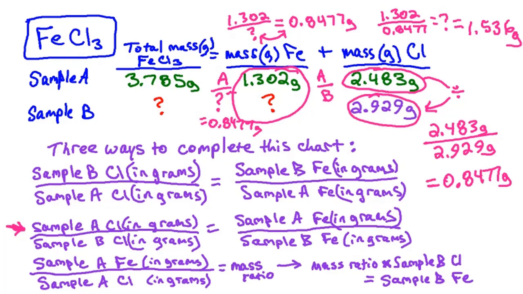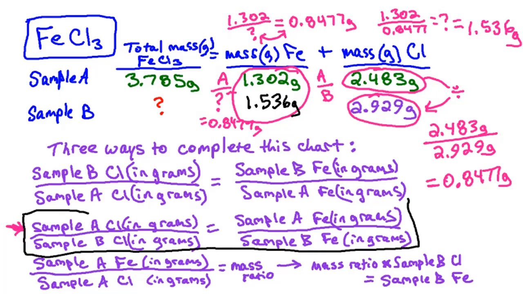So the answer to what is sample B's amount of iron in grams is going to be 1.536 grams,